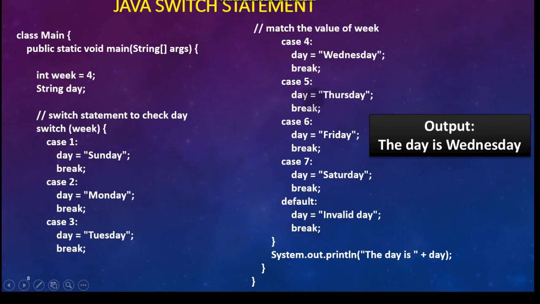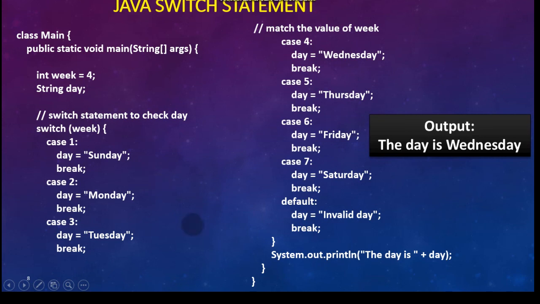So this is the mechanism of the switch statement. After this, you have to write System.out.println, the day is. Whatever we write in the double quotes is a statement, so in the output terminal this will only work as a statement. There is no calculation. Next is plus day. This plus will invoke case 1, case 2, case 3, case 4, case 5, case 6, case 7 and default. Every time it will invoke there and check what input was given by the user, and according to that it will print the answer.